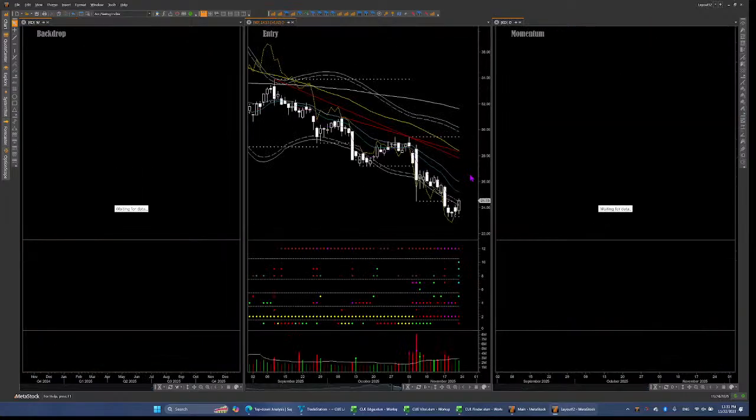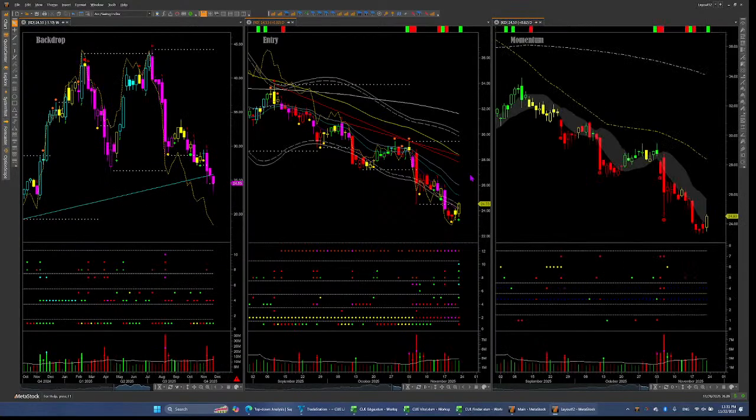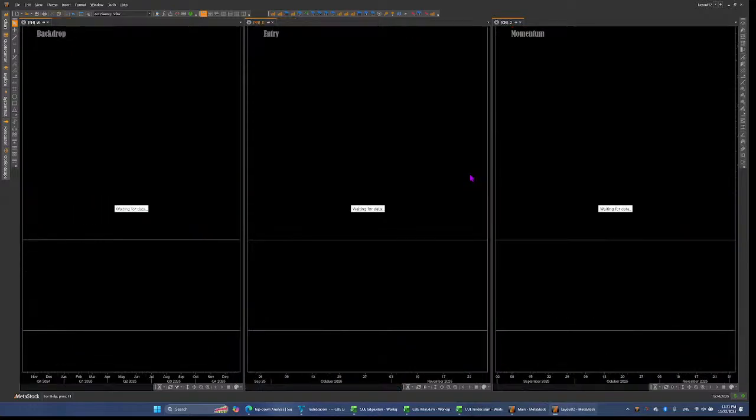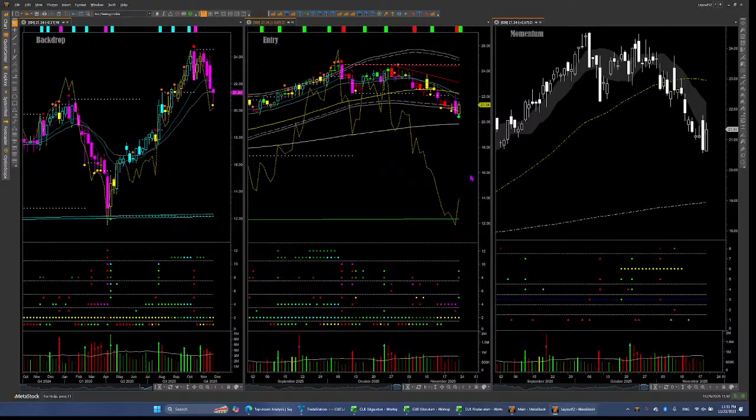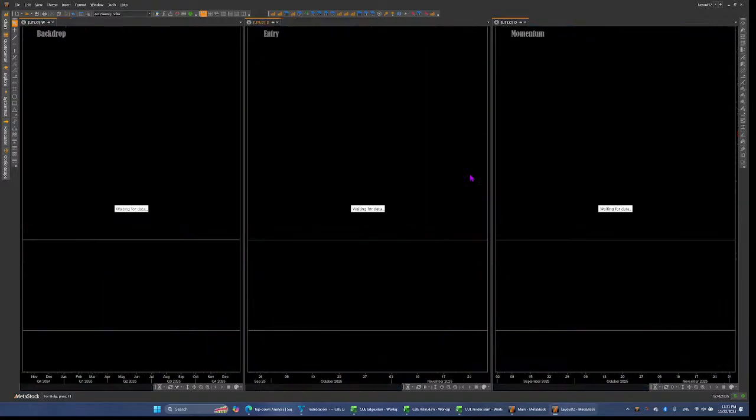KD, weekly is not allowing me to buy at all. Skip to next one. KN, remember it is alphabetically sorted. Weekly not allowing me to buy. Let me skip to next one. LITE,